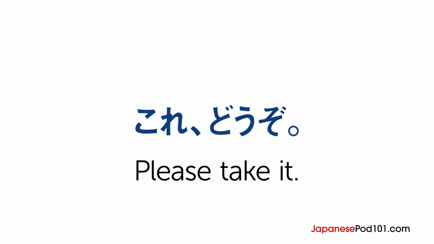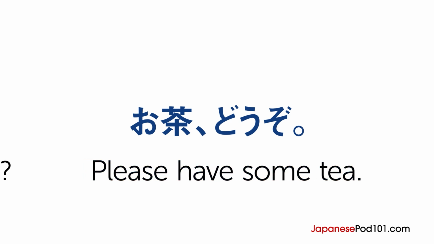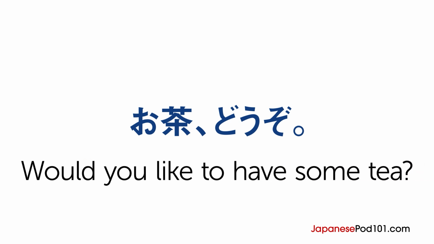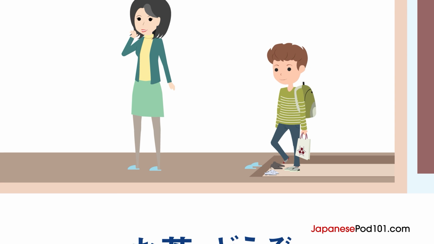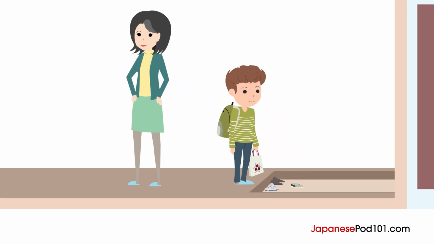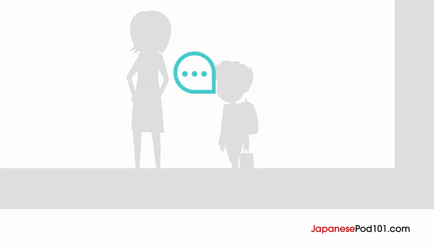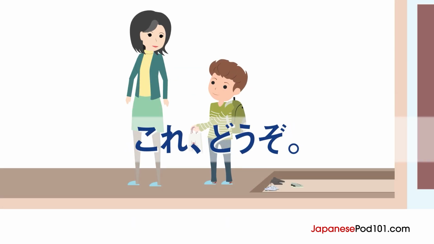So, if you want to mention what you are offering specifically, for example, tea, rather than just saying this, you can say, お茶どうぞ。Please have some tea, or would you like to have some tea? Now you try. Say Ben's line when he is giving a small gift to Taichi's mother. これ、どうぞ。